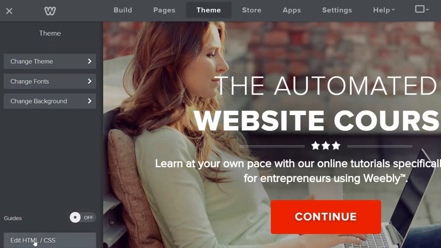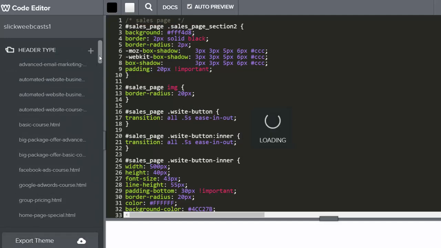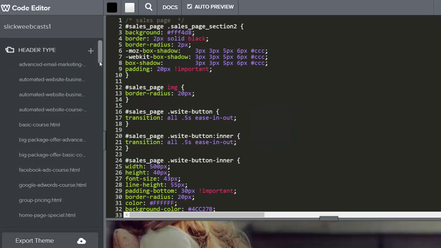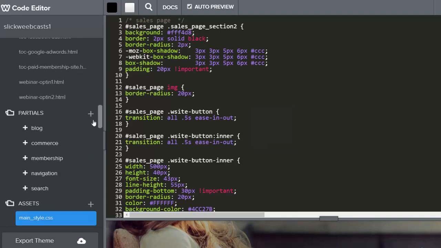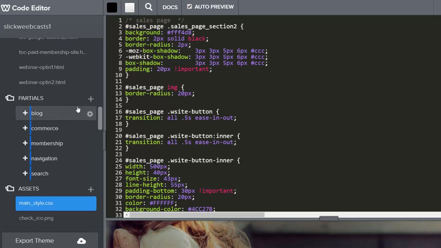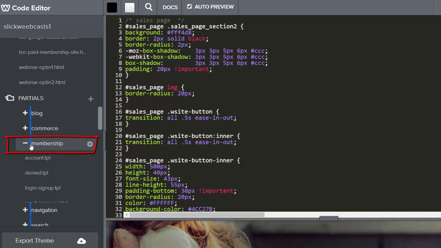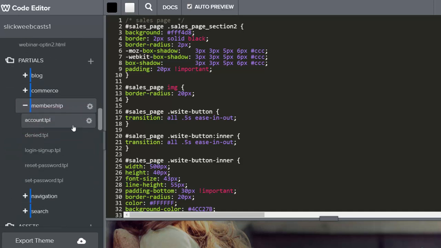This allows you to customize the code of your site, and there's a section in here called partials. Your site is kind of like a big Frankenstein monster of all these parts that are put together, and that's what a partial is. The ones that have to do with membership are under Membership. If you click the plus, there are some files. Each of these is a file, and it's just this first file that says